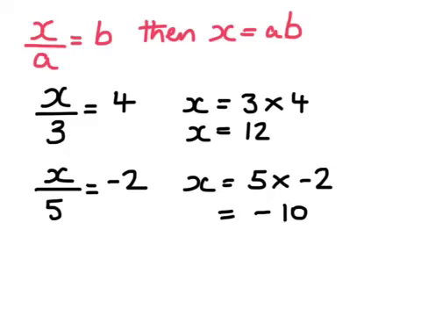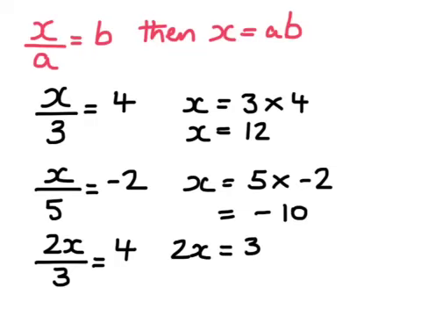Now, just to finish up, if I had the following question where I had a 2x over 3, let's say, equals 4. Now, where I've got a term on the top which is more than 1x here, which is a 2x, all I do here is I say that the 2x now, instead of simply an x, which we had in our previous example, we've got a 2x here, is going to equal these two numbers multiplied. So what I will get here is I'll get that 2x is 3 times 4,